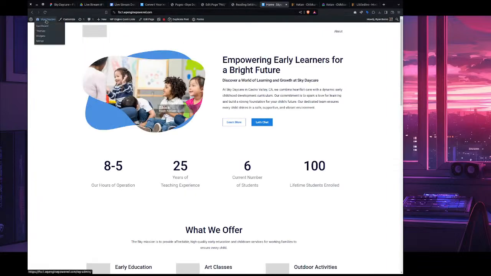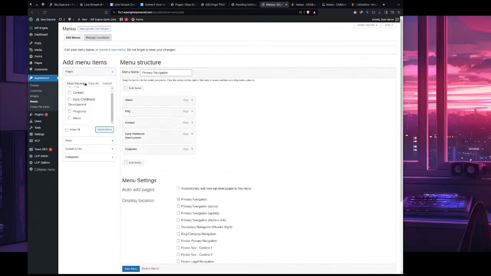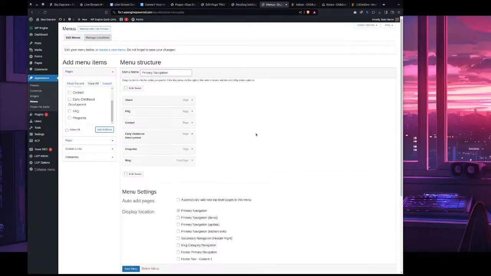So the next thing, just to make this a little bit easier to navigate while we develop, let's go ahead and add all of these items as nav items, along with the blog. Okay, let's see, about contact we'll want last, so maybe programs,